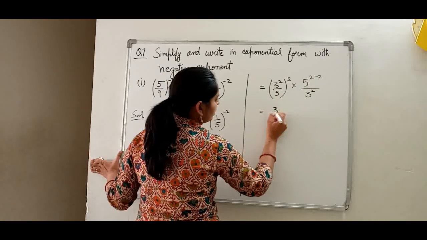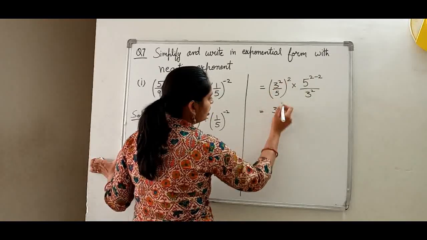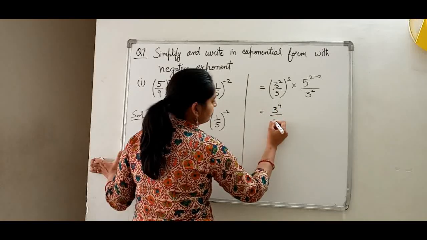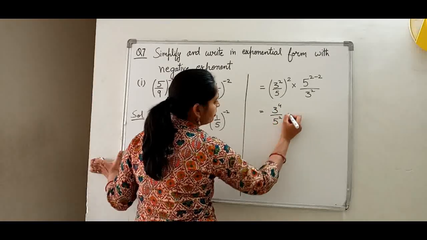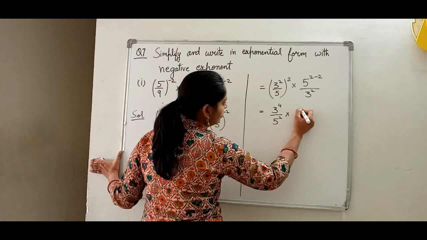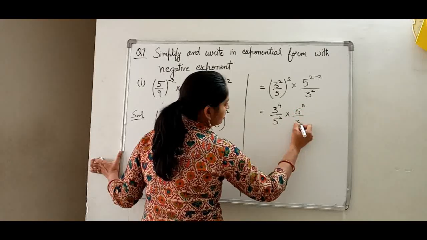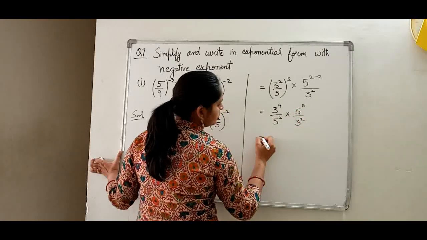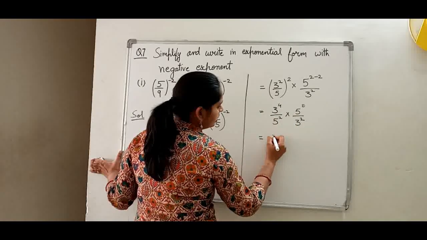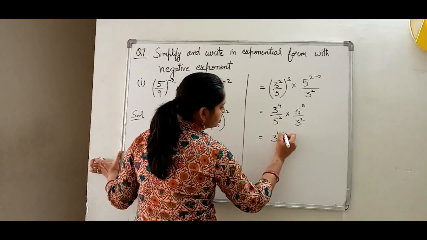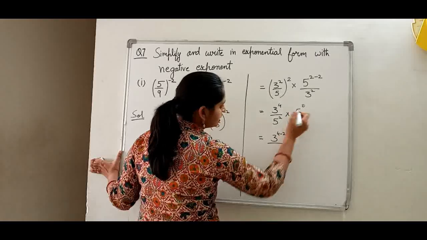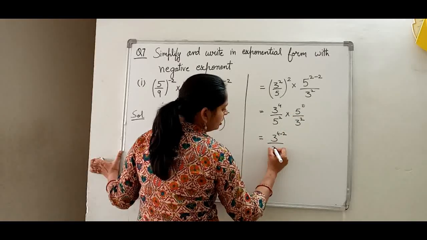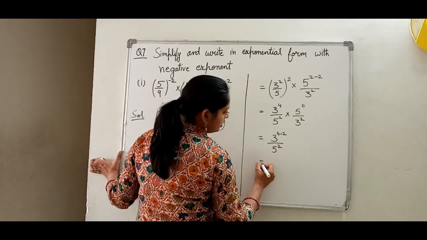Here when we open this, 2 2s are 4, and 5^2 will come. Here 5^0 upon 3^2. So this is 1. 3^(4-2) upon this is 1, so there is no need to write, and 5^2, which is equal to